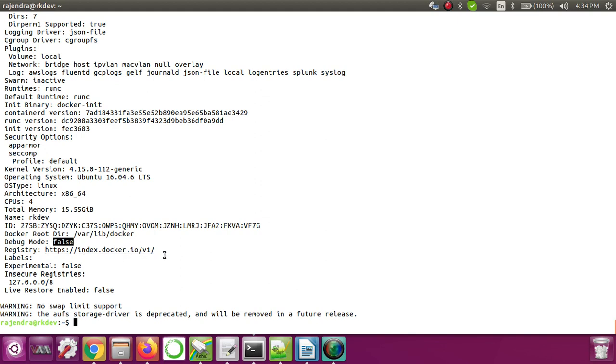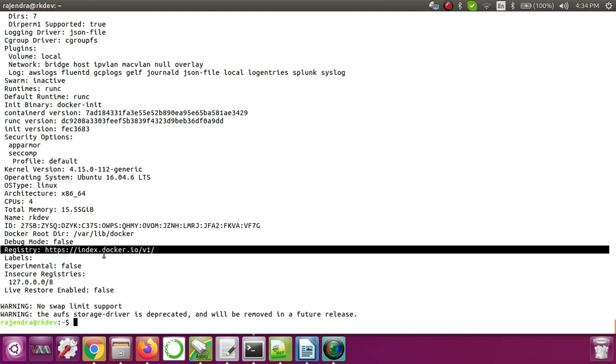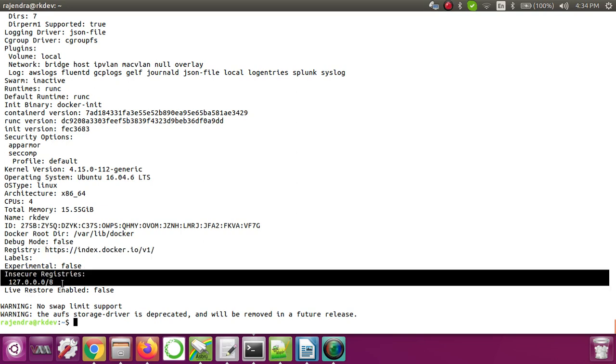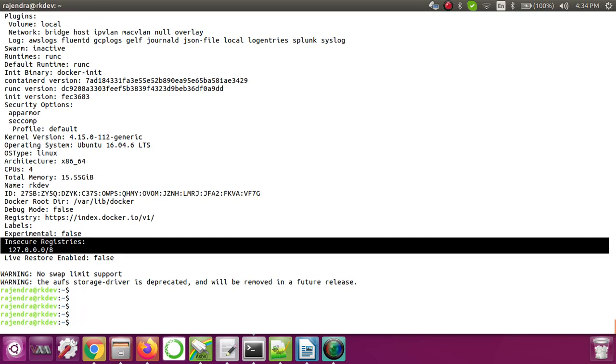This is the default registry we can see here. If you want to change it, you can definitely do that in the docker config file. Now the next thing is insecure registries, okay, the registry is available here. So all this information you can see with docker info.